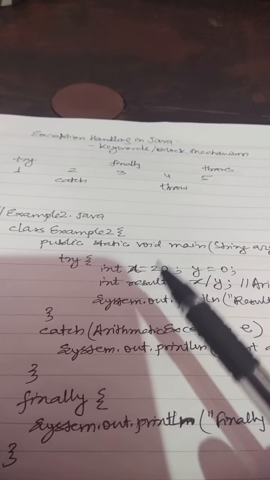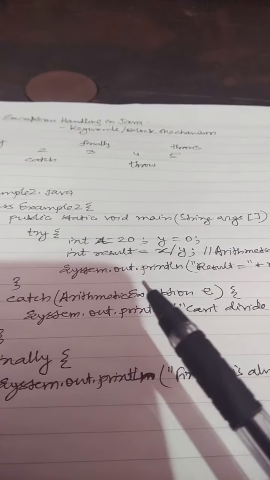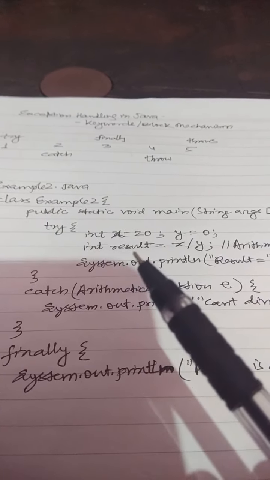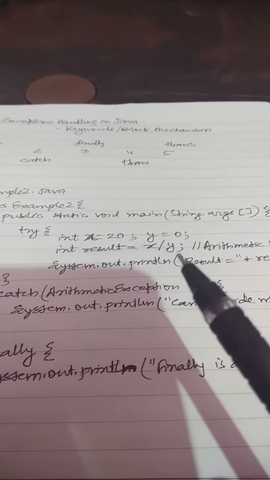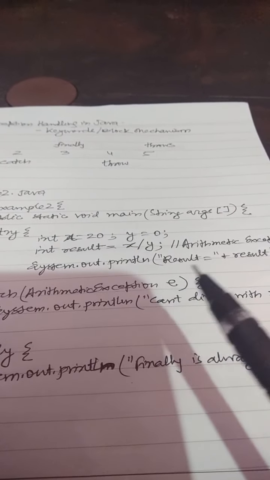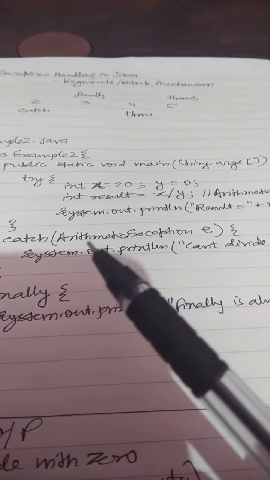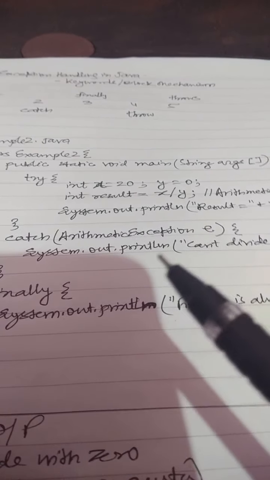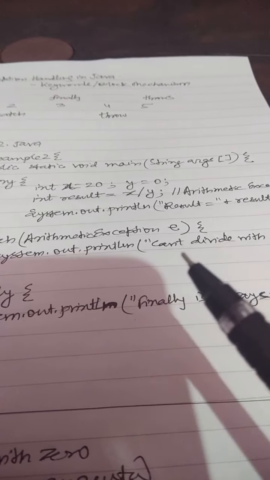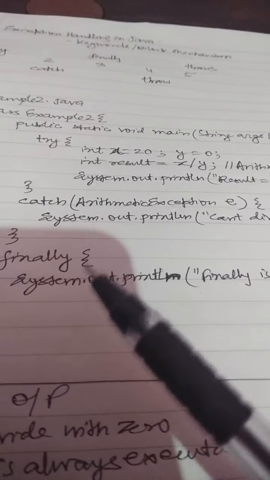So here is one complete program to check the code and execute this exception handling mechanism with the try and catch block. I have written x equal to 20, y equal to 0, and the result is x by y, and I want to print the result, but here the arithmetic exception will occur. In the catch block, see here the built-in exception, ArithmeticException, is written, and it will print "can't divide with 0". And one block is given here for